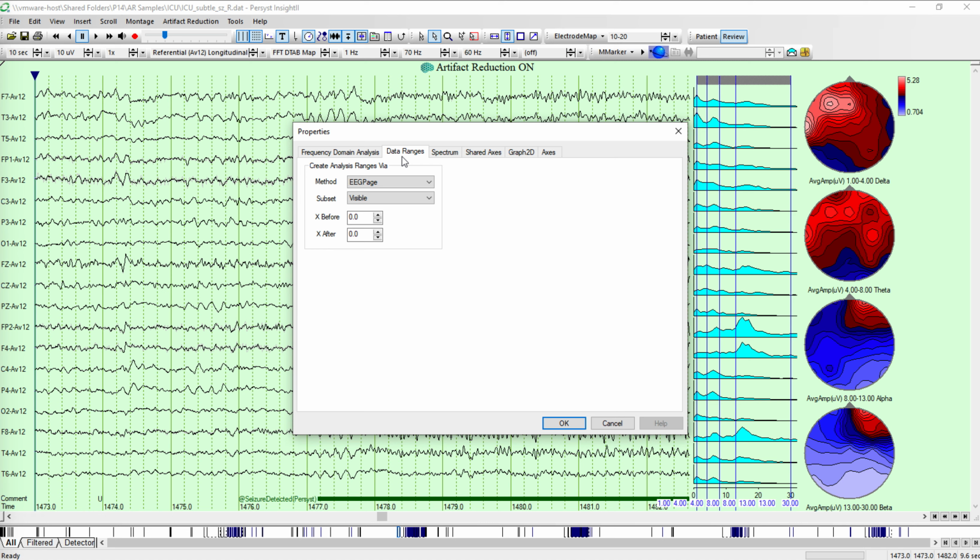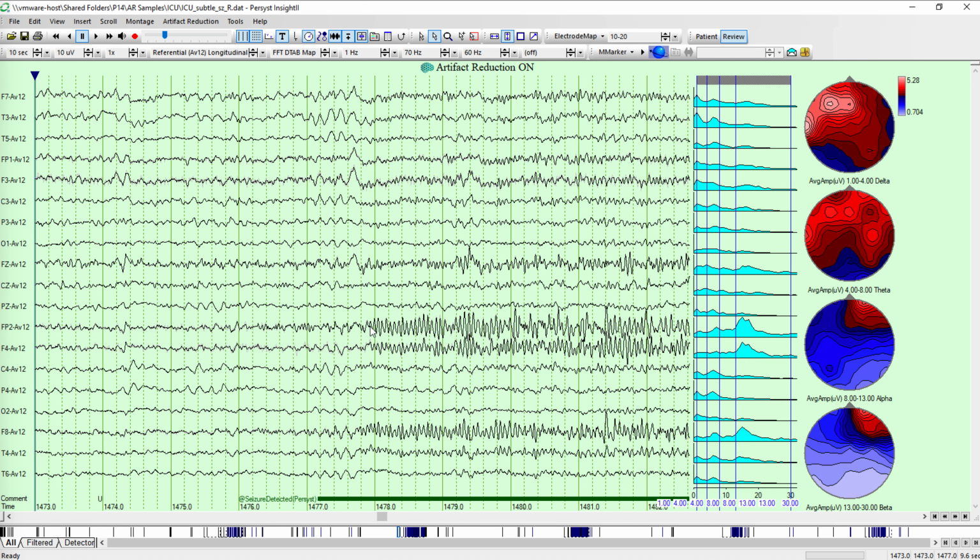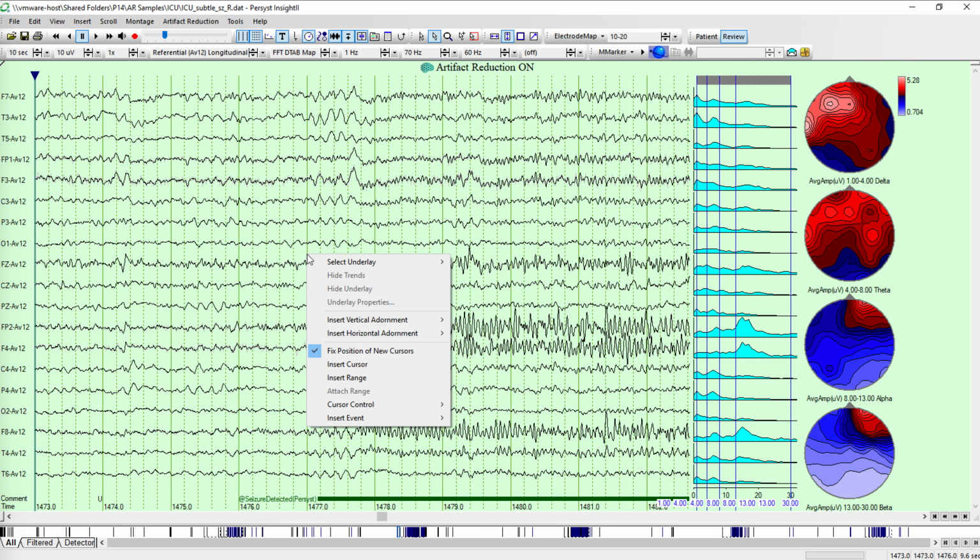Main thing, let's go to data ranges, because right now it's showing the EEG page, the visible EEG page for doing these calculations. Well, let's say we wanted to pick a smaller time frame and step through the evolution of the seizure. Let's go ahead and do that. So I'm going to right-click,